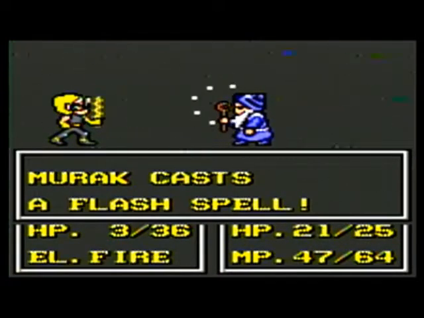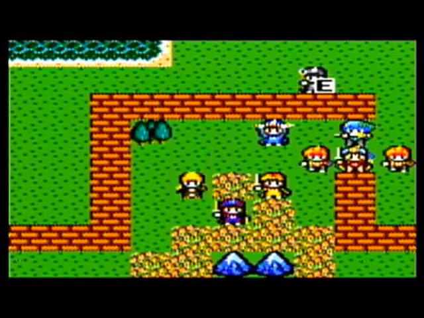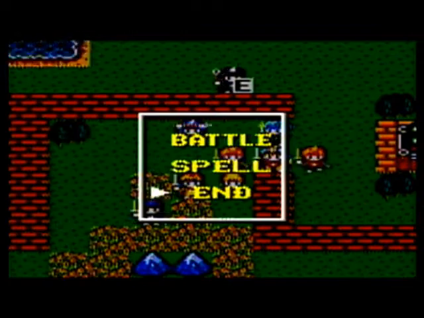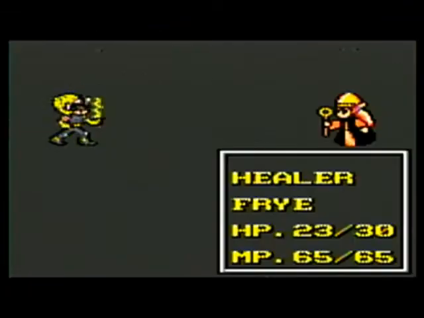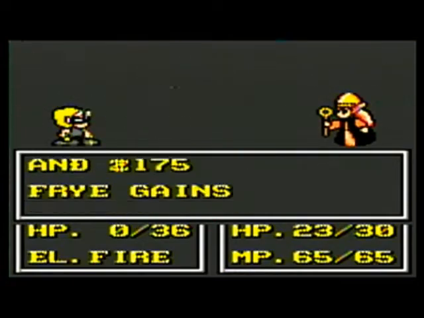So, fire is strong against wind here, so this shouldn't do too much damage. Yeah, that'll weaken it up to 1 hit point, which will allow our healer to sneak in here and finish off this character. There we go. And Frye gained a level, so...